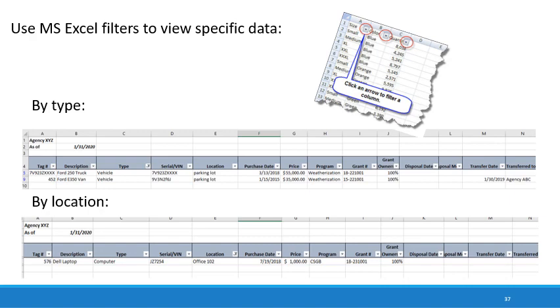So you can filter here. Here's an example. If you just want to look at vehicles, if you just want to look at equipment that's at a certain location in an office. Another thing you could use this for is if, when sending the list to OCA for review, you just want to filter it by the OCA programs, you could select to just have items that are applicable to